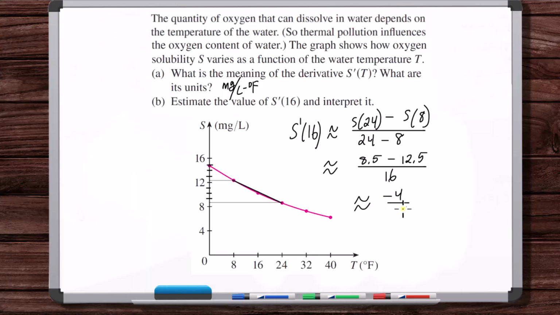So minus 4 over 16 is minus 1/4. So S prime of 16 is approximately minus 1/4